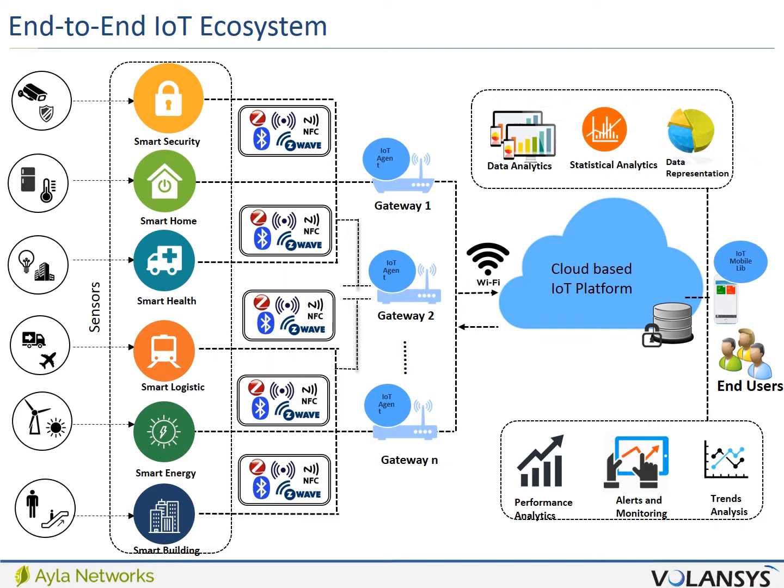The gateway processes these readings and converts them into data points, which are then passed to the IoT embedded agent residing in the gateway, which sends them to the cloud over the secure Wi-Fi connection. After the data points reside in the cloud, the platform makes them available to configuration and monitoring utilities using the REST API and to the mobile applications using IoT mobile libraries. In addition, the cloud can make its data pipe available to the supported cloud-to-cloud applications.